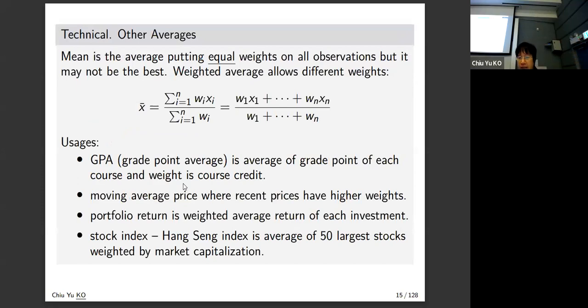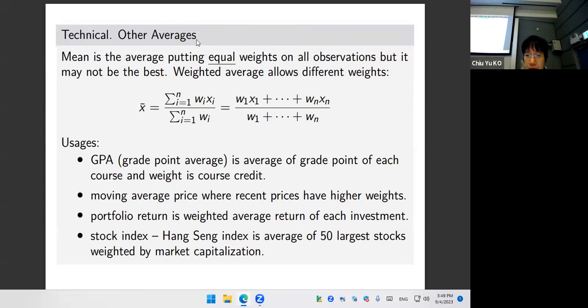Okay. And the other one, the average, is called a weighted average, which you actually see very often, right? The most common one is GPA. Why do you want to study this class more? Because our class is 4 credits, and the other classes are only 3 or 2 or 1. So you have to pay more attention to this class, not because statistics is important, or you like statistics or math, but just because it carries higher points, right?